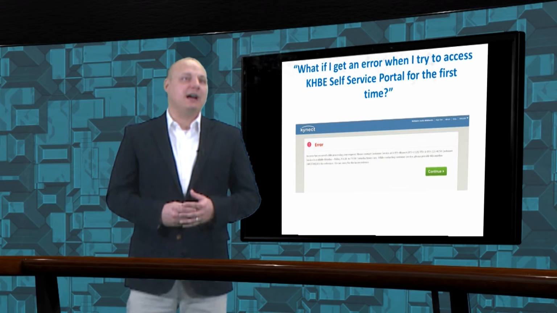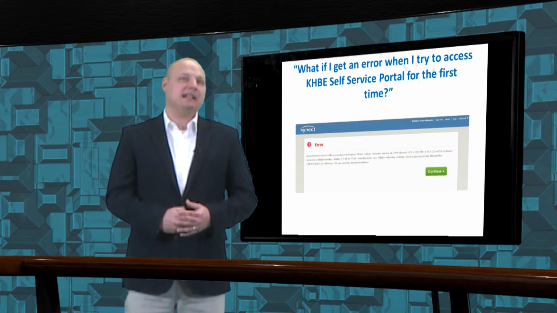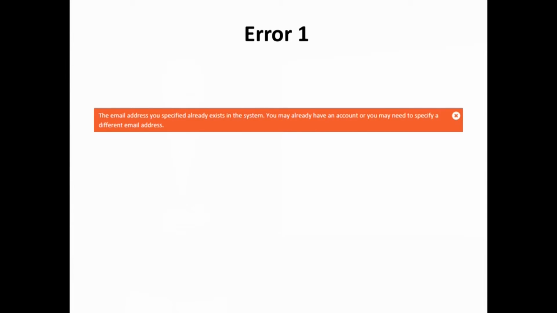Now that we've talked about creating a new account, let's talk a little bit about issues that may come up from time to time during account creation. If you try to create a new account using the same email address as an account you have registered previously, you will receive an error message saying the email address you have specified already exists in the system. In this case, you will need to follow the process outlined later in this tutorial that explains how to retrieve a username and reset a forgotten password, or you will need to create a new account using a different email